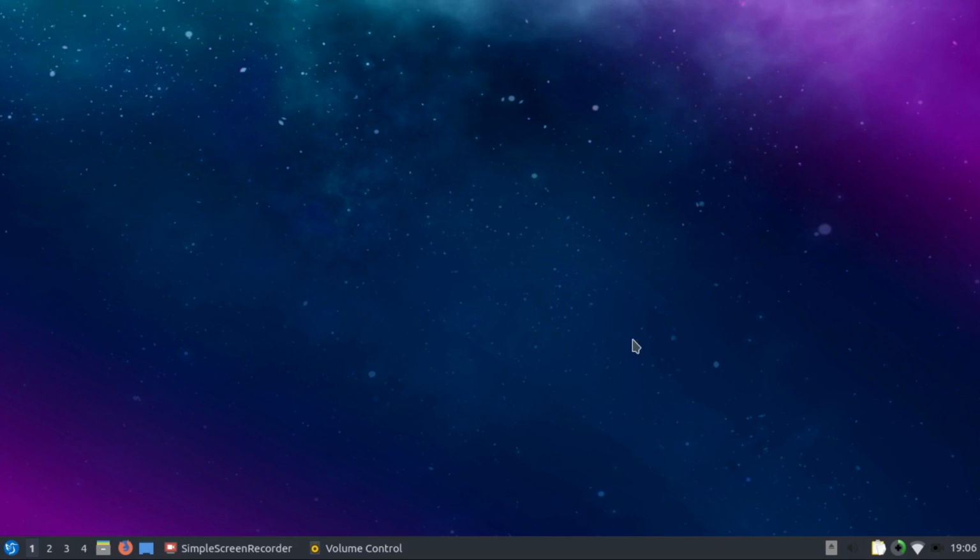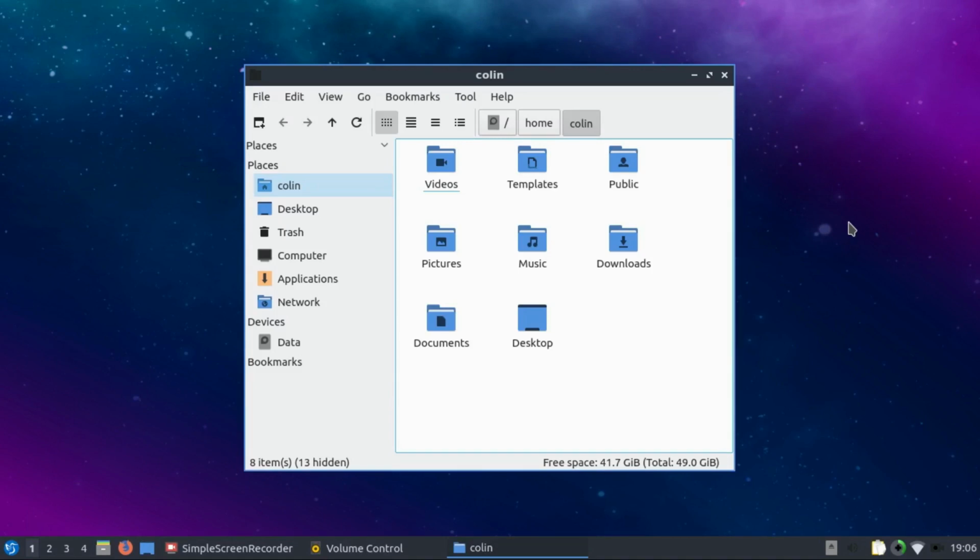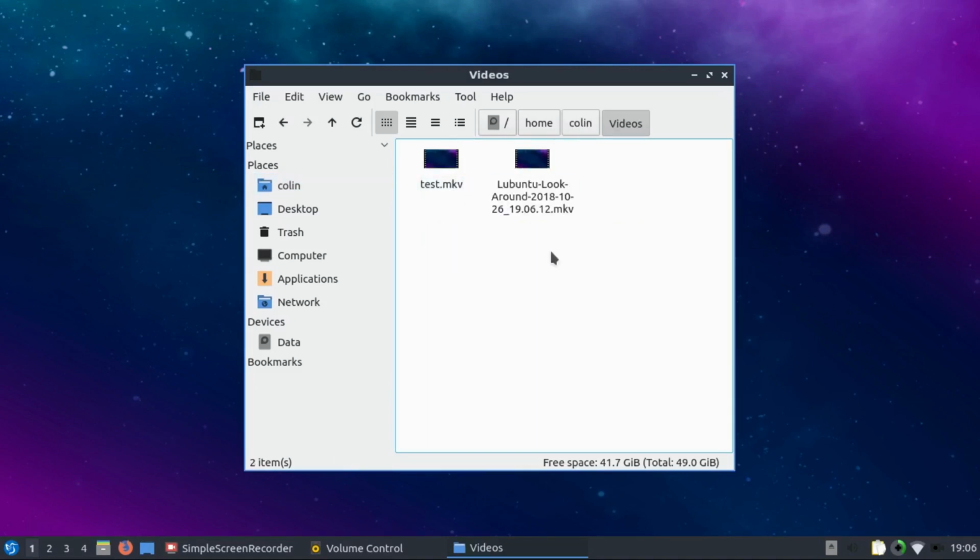Well, we're going to take another look around Lubuntu, and I have used this a couple of times in the past on and off, been checking it out. I thought I'd run through some of the things that I've been up to. Now the first thing I want to run through is actually, if we go into videos here,